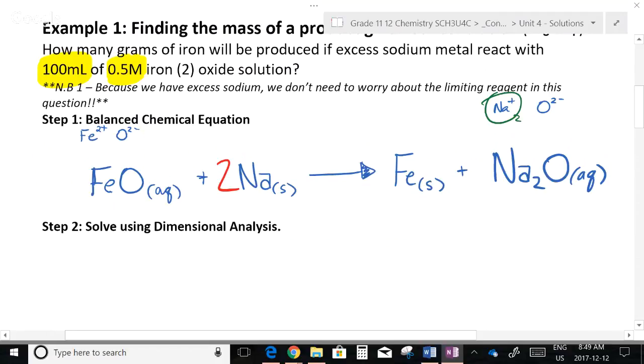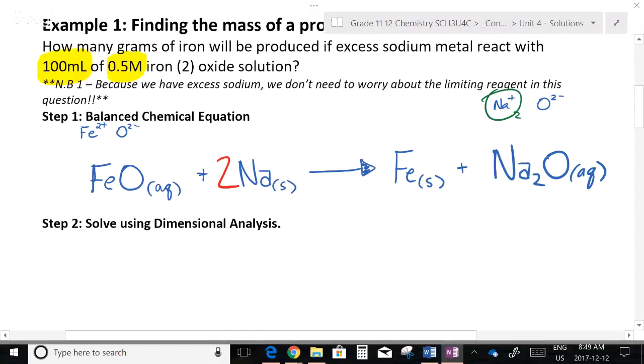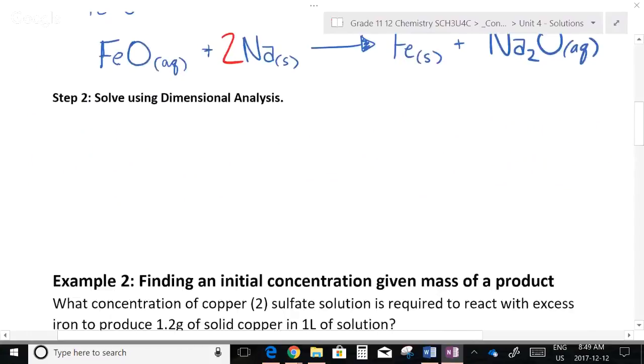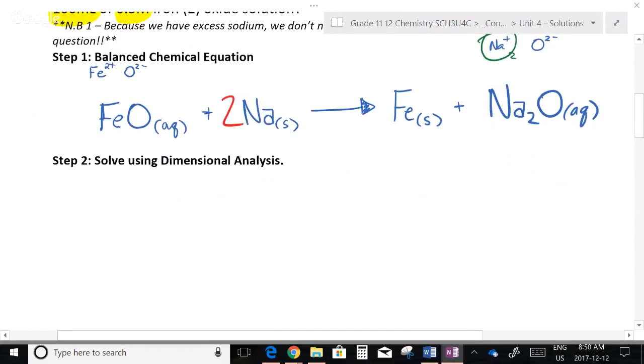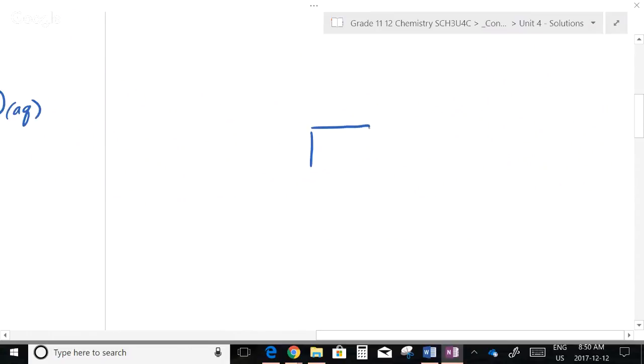My advice for these questions is you're almost always best off to draw a little map on this thing. Does that make sense? This could be something you put on the side, but the central unit, what we always end up going to work with in this, is what? Pretty much every question, no matter what we start with, at some point you need to figure out how many moles you have. Does that make sense? Because moles allow us to look at a balanced chemical equation and say, okay, if I know how many moles of this thing I have,